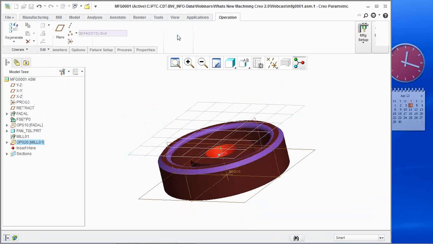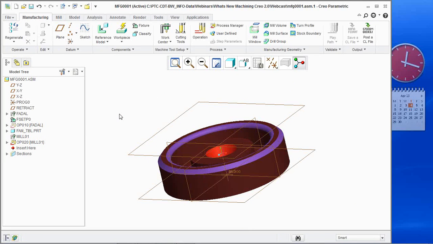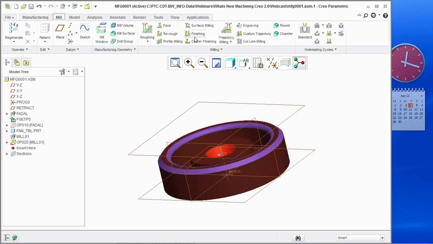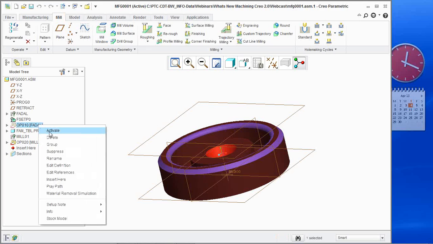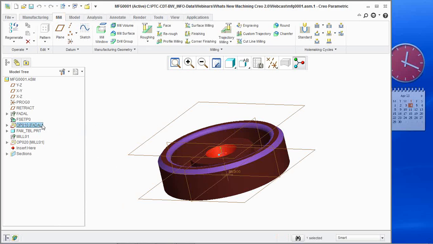We'll say OK. Now, once I create that, one thing that you will notice is that if I go back to my milling guide, if I create a toolpath, I'm essentially creating a toolpath for this operation. If you want to create a toolpath for that operation, all you have to do is right-click and say Activate. And now the toolpath will go under this operation. If I go back to this guy, right-click and say Activate, I'm now putting toolpaths under that operation,